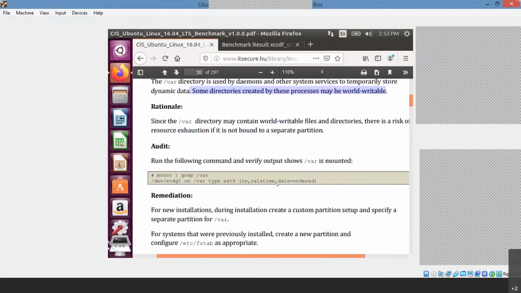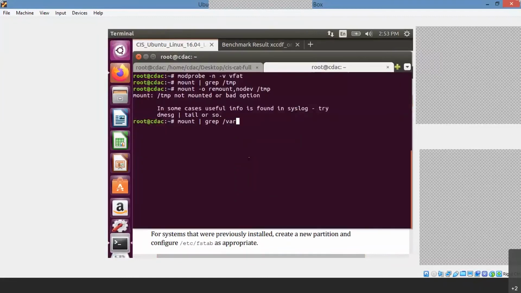So we can copy this command and check whether it is compliant or not. Copy, paste it. There is no output. So is it compliant or not compliant? Can anyone tell? Not compliant, right? Are you able to hear me?